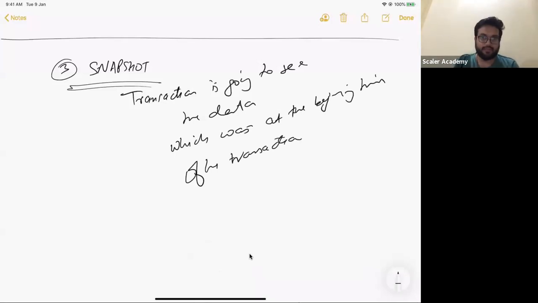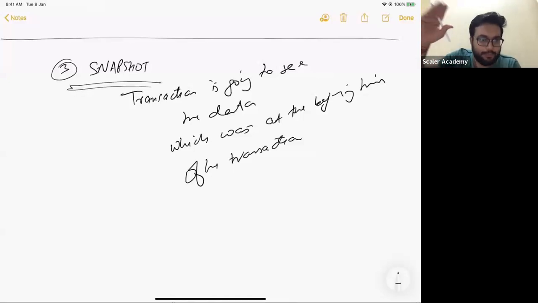Okay, so what does that mean? It means that you are starting a transaction. Every transaction will have a starting time. Does it make sense? The read committed gave us the guarantee that whenever you are reading, you will only read a committed state. So read committed gave you a guarantee that you are never going to read an uncommitted state. But the problem was that you may be reading at different points in time in a transaction, and the committed state will be different at different points in time.